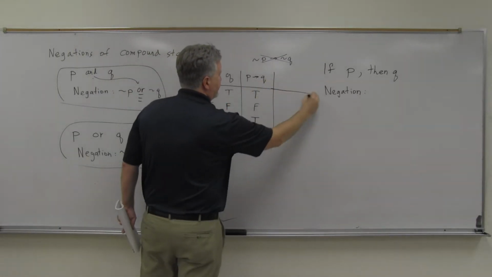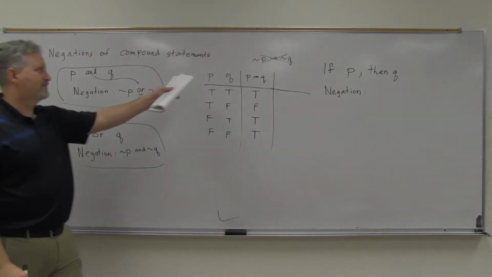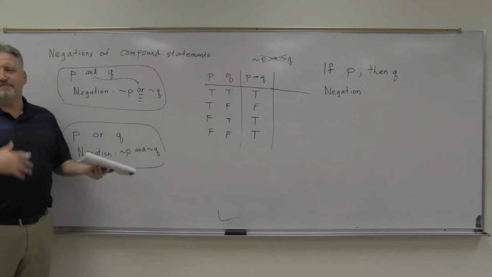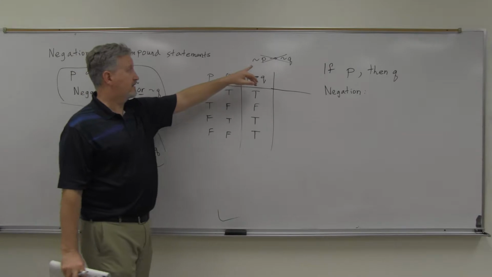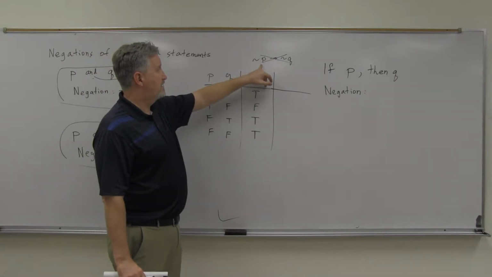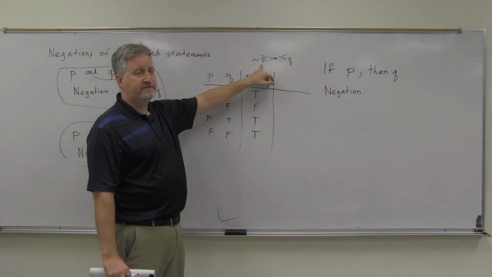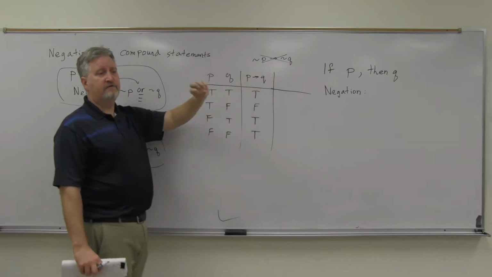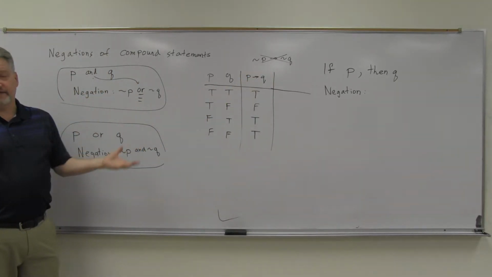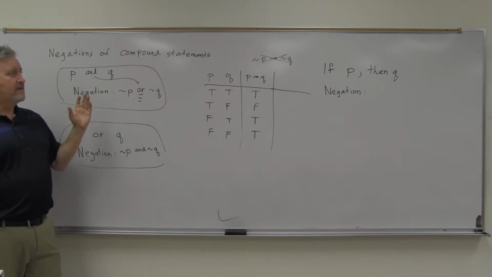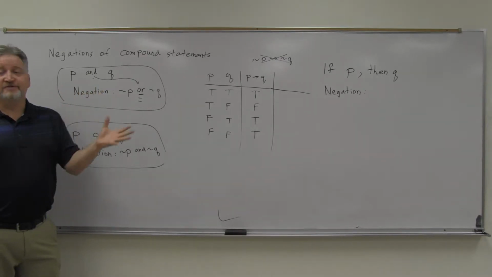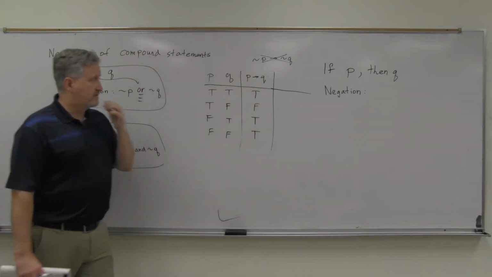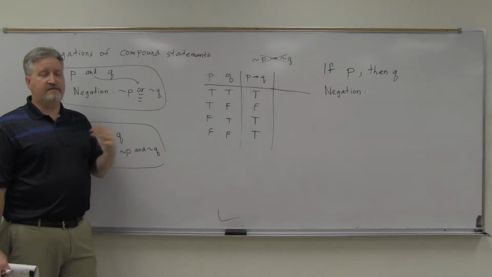Well, take a look at this. And we could do this one, actually, we did that last time. If you go back in your notes, that's actually the inverse, isn't it? The inverse of this statement is when you negate both statements. That's called the inverse. Converse is when you flip it. Contrapositive when you flip and negate both of them. Both flip and negate. And we did a truth table for that, but if you go back and look at the inverse compared to the original statement, it's not negation. It's not the opposite in all cases. So